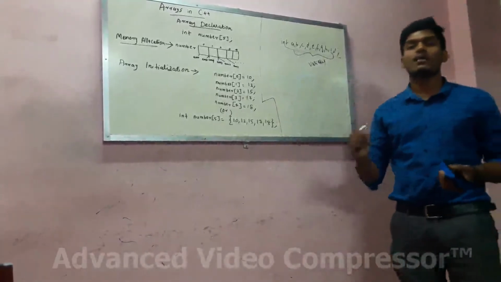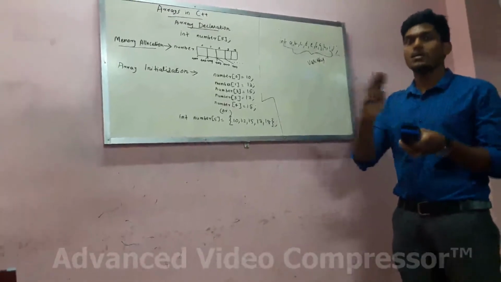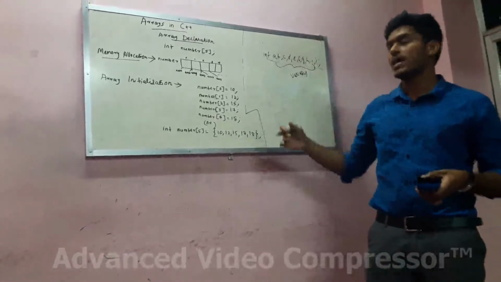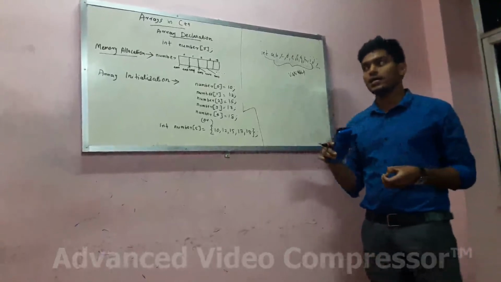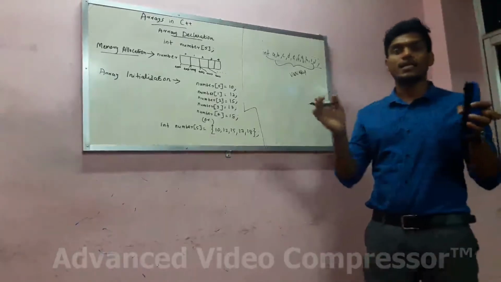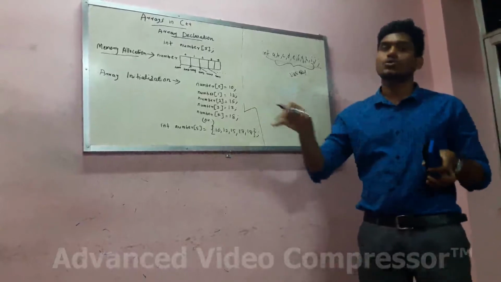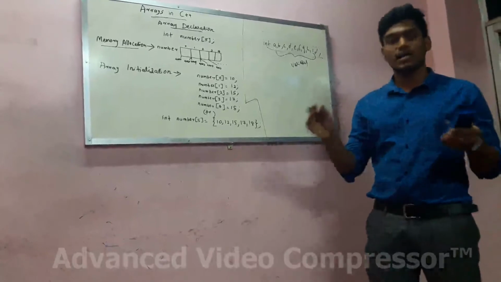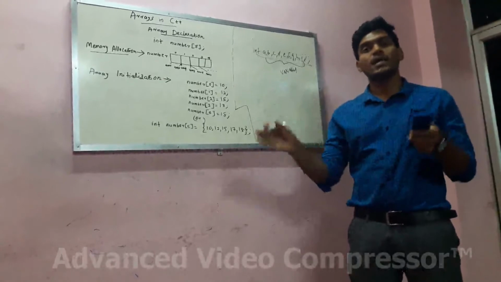In an array we can have only a single variable name, and that variable name can refer to 10 different data. I will explain how it is happening. Simply, when we hear the word array, in mind we can consider it as a container which has a number of locations, and each location can be used to store data. For example, an integer array which contains 10 different integer data, but that array can have only a single name.